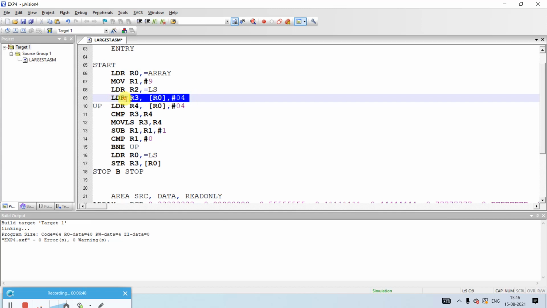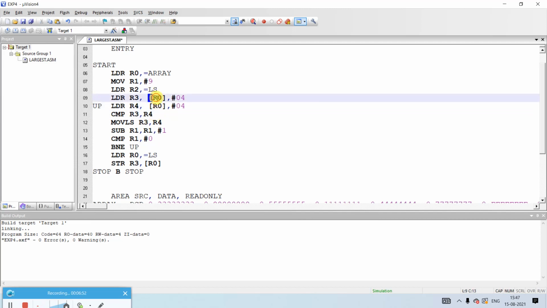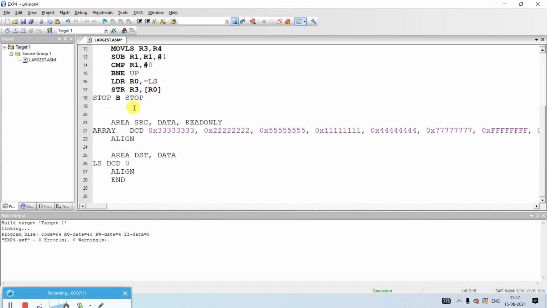Now what does this line of instruction represent here? This represents the post index register. What exactly it does is it is going to give you the content, that means the data which is stored in a memory location which is addressed by R0. Now R0 is addressed to which one? Address of array, that is a base address.